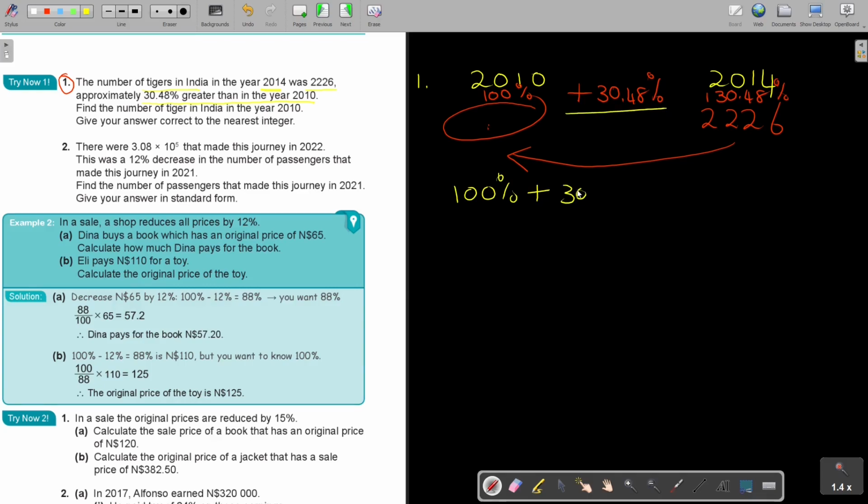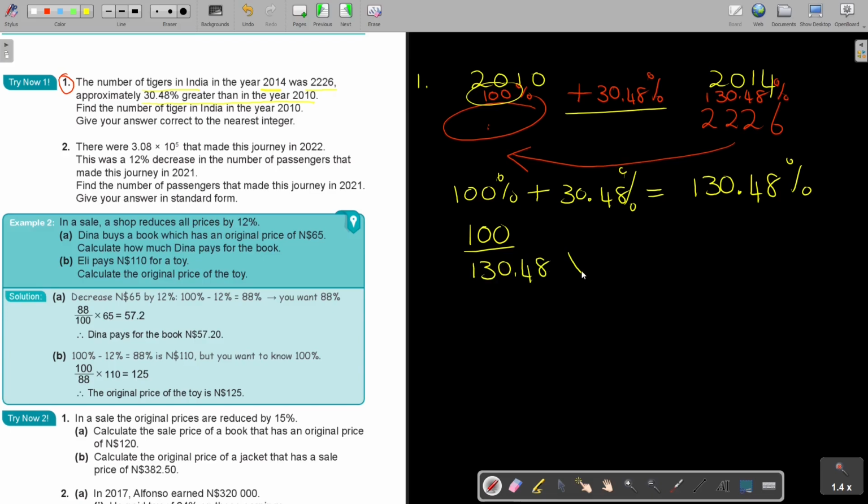So always just look for increase or decrease or greater, smaller, less. Just see if it's up or down, if it's plus or minus. But this is plus. So now it is 130.48%. But again, remember, I'm looking for 100. I want the original. I want this one. So over that